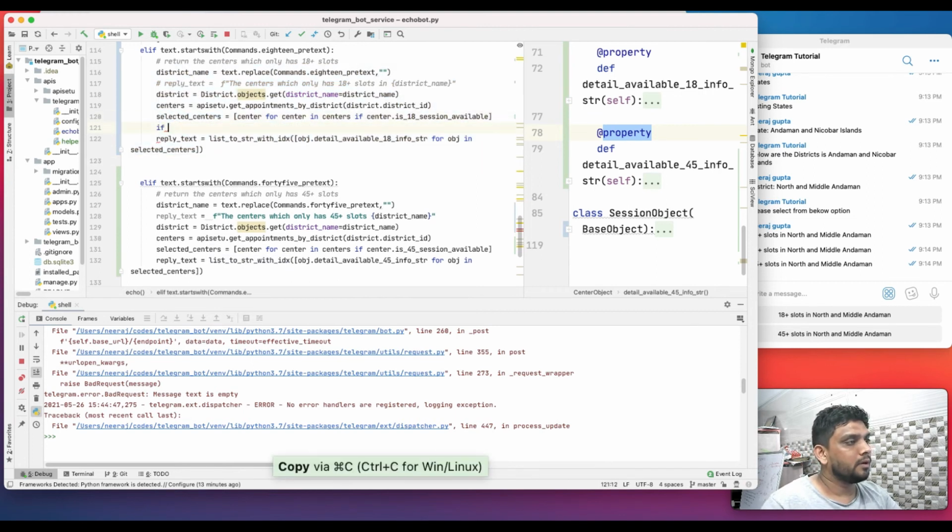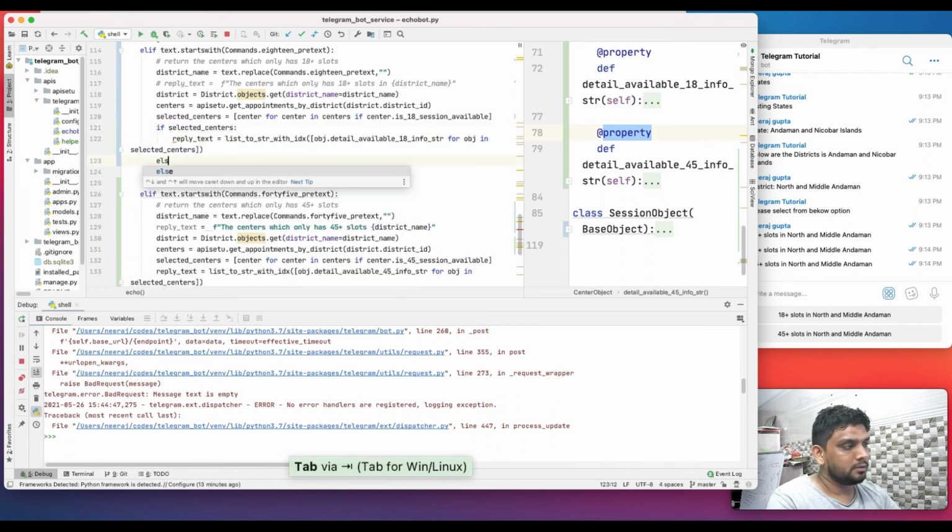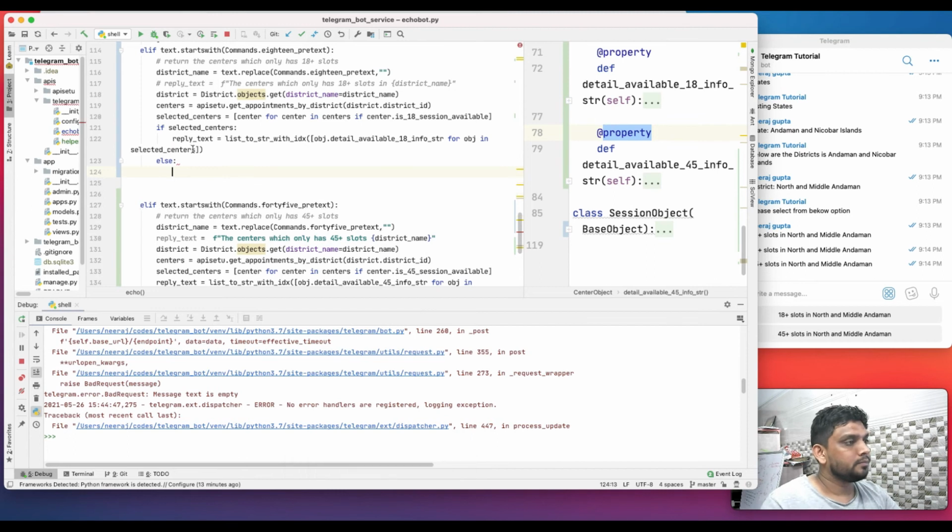Like if we receive any center, then we go for this, else we say no center available.